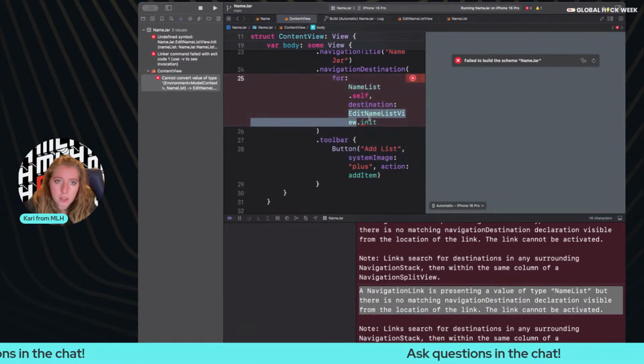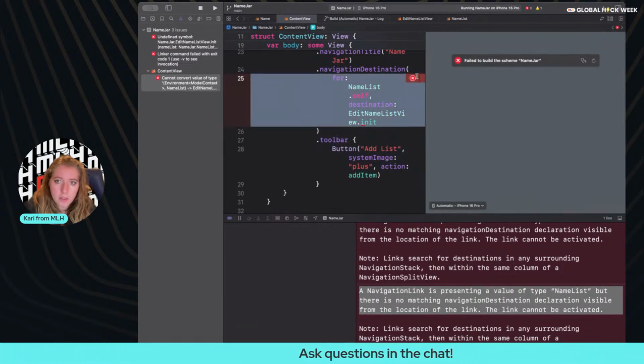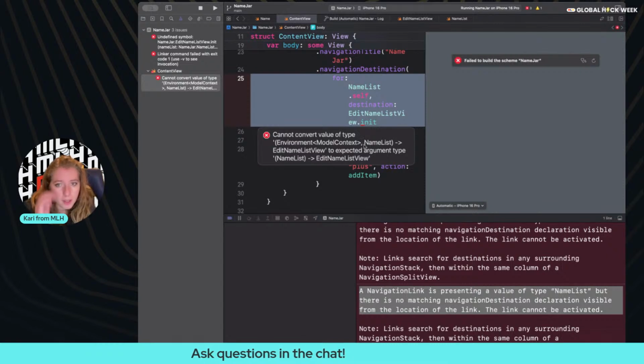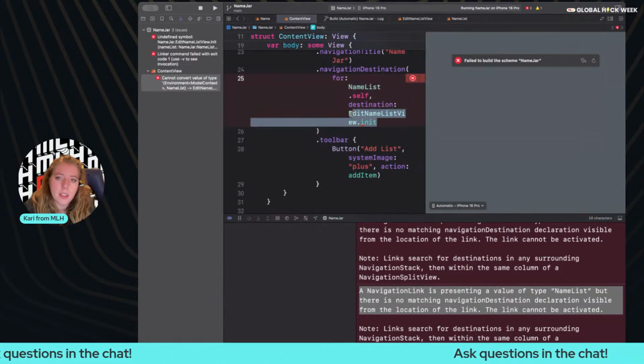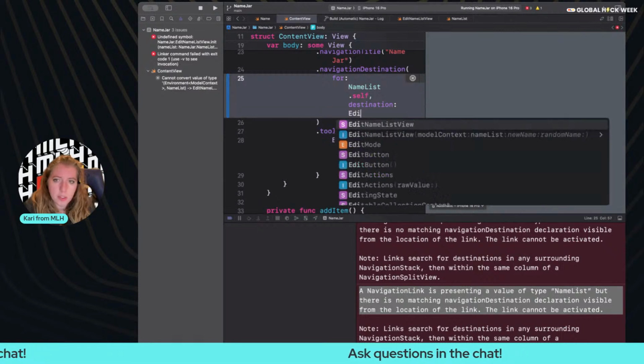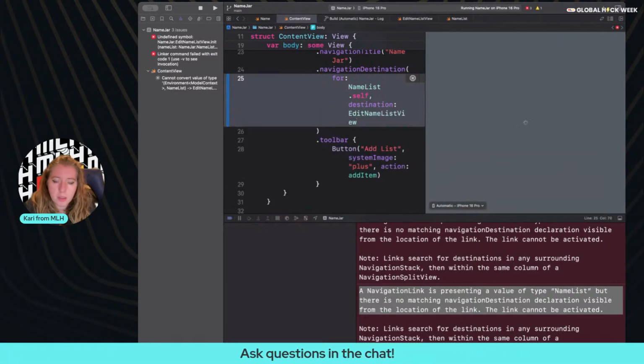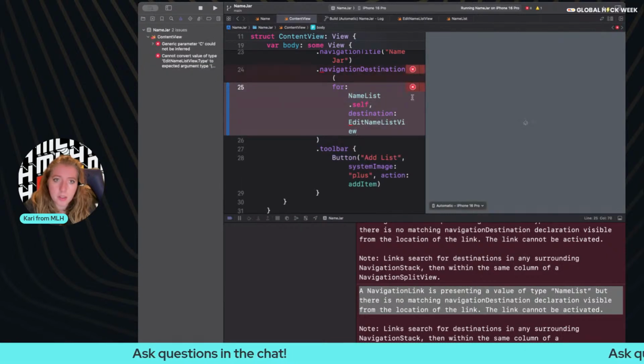Yes, they're saying that cannot convert. So now that it takes in environment model context, if I change the destination to EditNameListView like this,